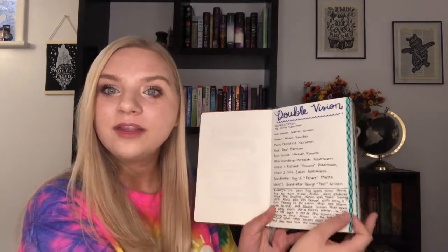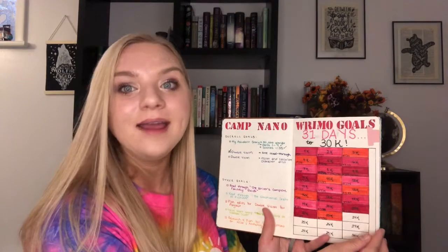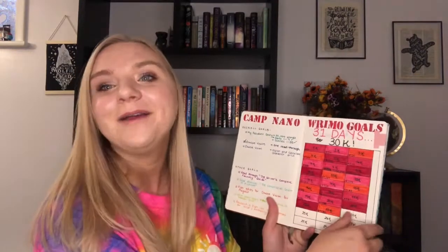So this is my key page right here. This specific washi tape is for my double vision project. So I have my characters listed out right here, a little blurb. This is an outline of all my chapters for double vision. These were my Camp NaNoWriMo goals in July. As you can see, I didn't quite make it, but it was really fun to do, and I can't wait to do the same spread again